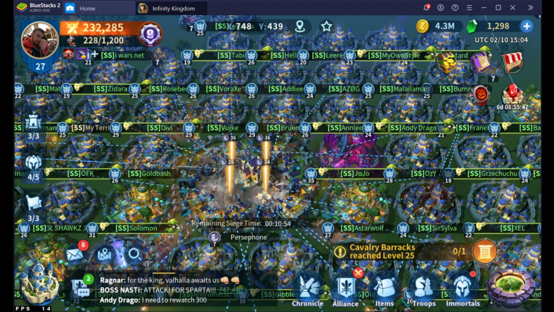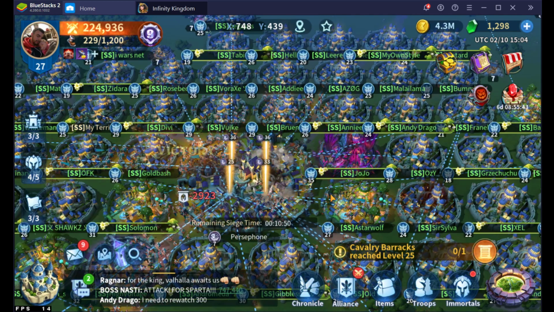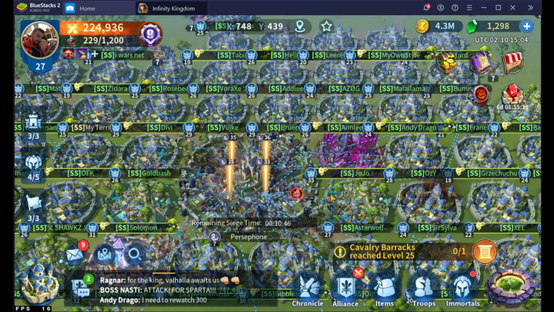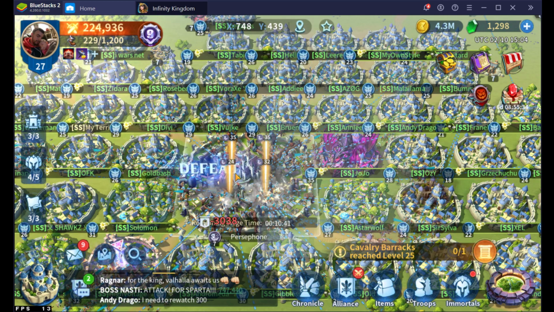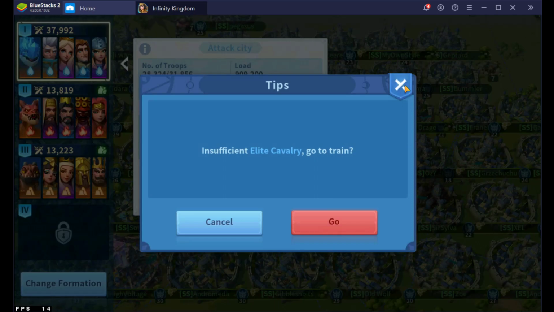So let me talk a little bit about why we're going for this regular level 7 city and not a capital, because I'm sure some people might be wondering why we're just doing a regular. So with the capital, right, it's the same garrison power. But the difference is that it is... Oh, wow, I'm actually going to have to do some...